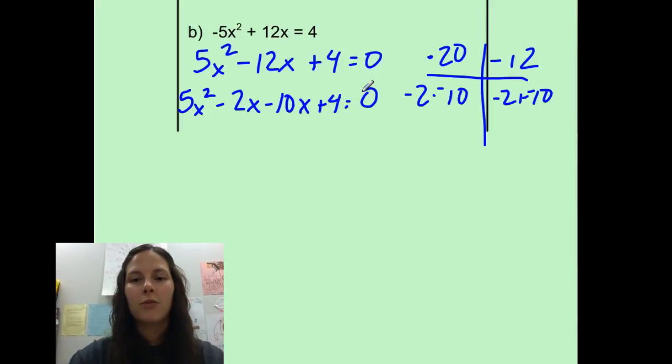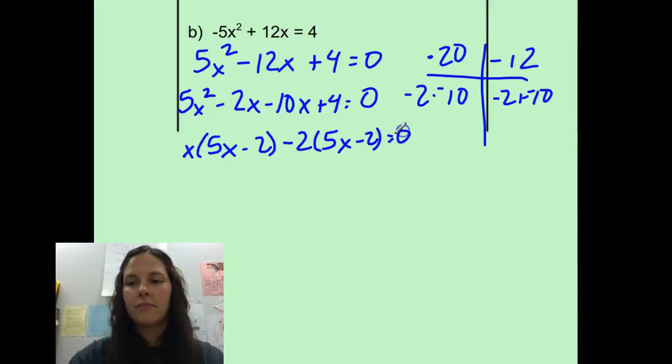And then factor by grouping. So my first two terms have a common factor of x. My second two terms, in order to get the signs to match, I want to factor out a negative 2. Factoring one more time, pulling out that 5x minus 2 as a common factor, leaving me with x minus 2